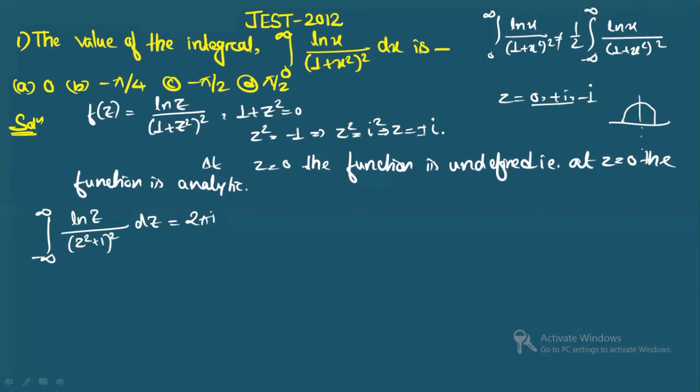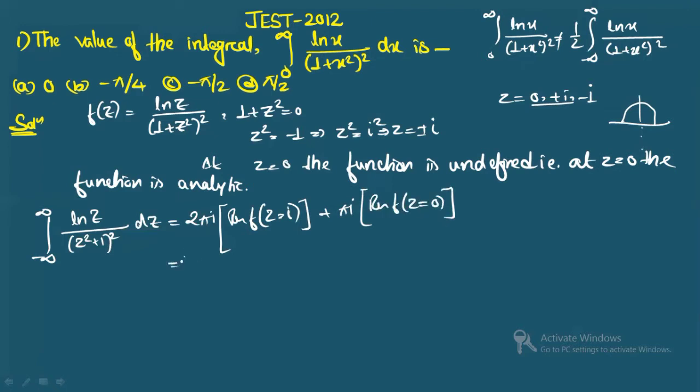So the residues for z equals i, right? So how you will get it? It's lying in the upper half. So the value of the integral you will get by 2 pi i into the residue. How you will get the residue? This is the residue for f(z) at z equals i, plus, here you will have what? pi i, because z equals 0 will lie on the real axis. For the real axis, the residue is pi i, divided by 2. You can see the lectures also if you're having confusion, okay? Because these things I have already discussed in the lectures. So here what you will get? pi i, and this is the residue of the function at z equals 0.